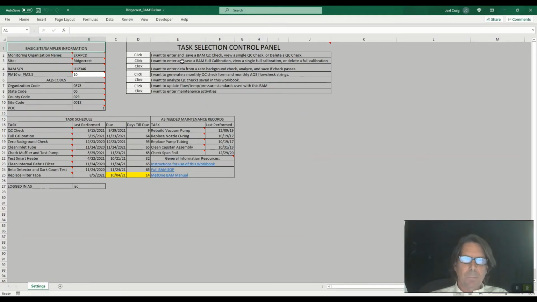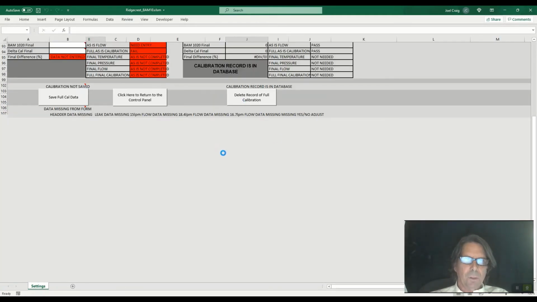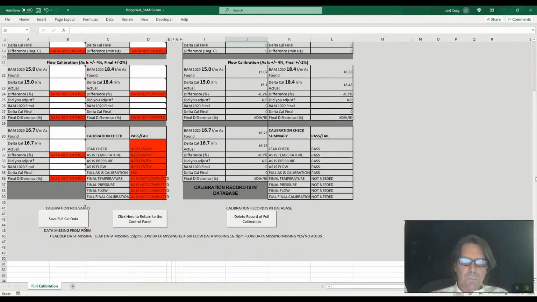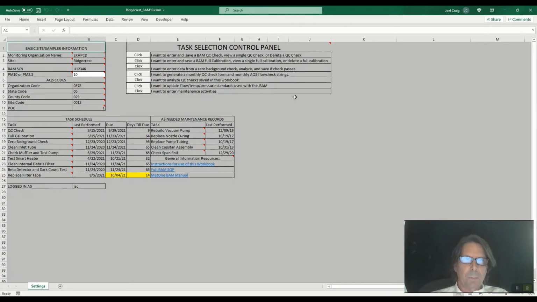We'll look at a couple others. Here's a full calibration. We have the data retrieval form here. We can retrieve data from previous calibrations, and then we can enter data here also, just like we did in the QC check. So going back to our control panel, there are also, as I've mentioned, once the data is